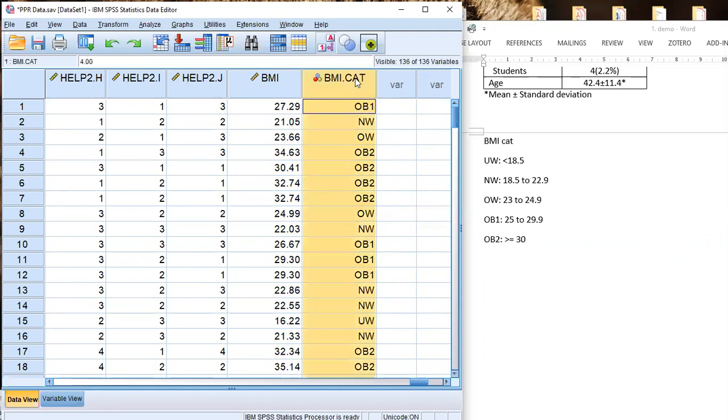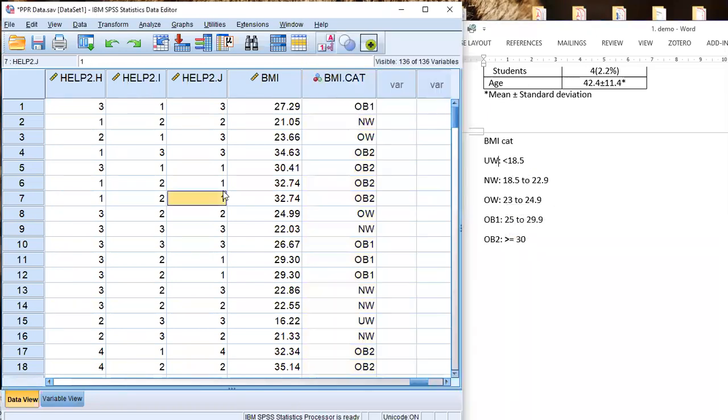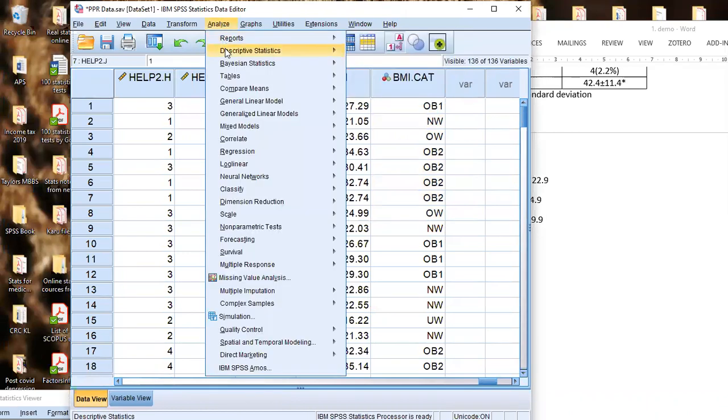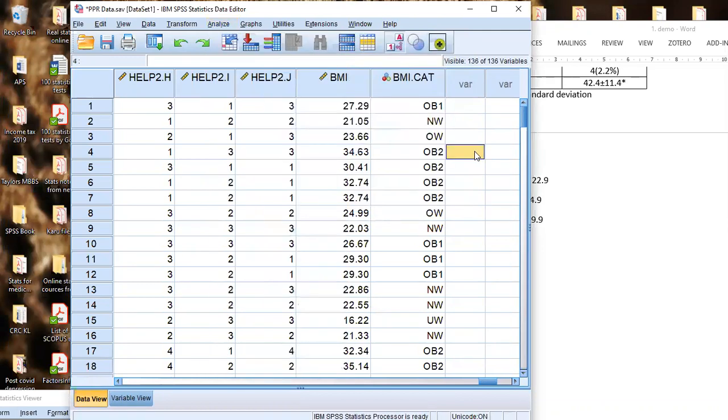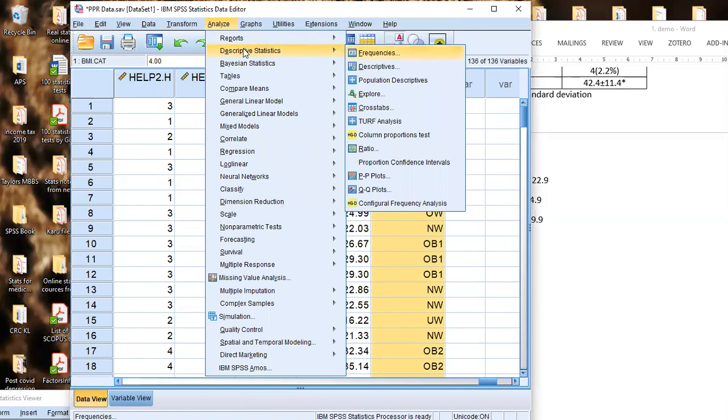Okay, next, let's check the frequency of this. How many in each group? How many in each obesity category? Analyze, descriptive. Now, is this variable quantitative or qualitative? BMI is quantitative. BMI category is qualitative. Quantitative uses mean and standard deviation. Qualitative uses frequency and percentages. So analyze, descriptive, frequencies,